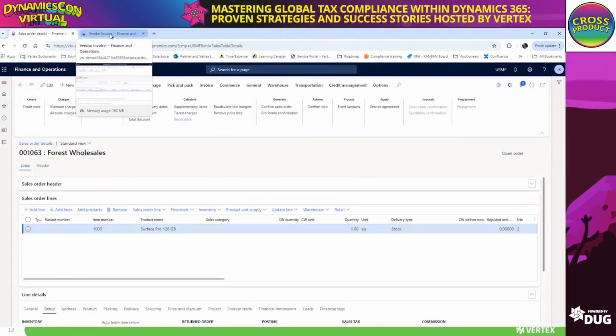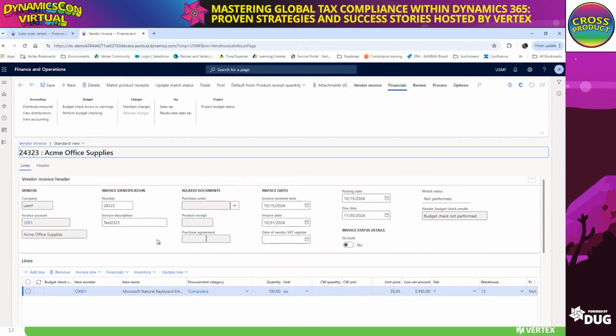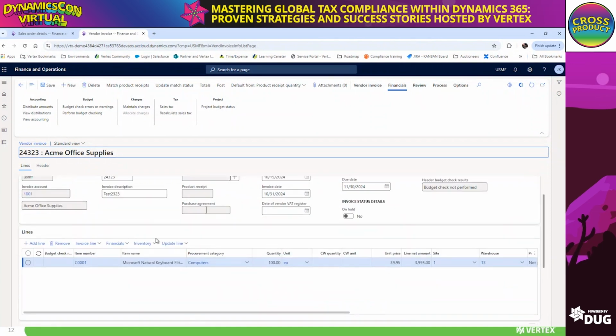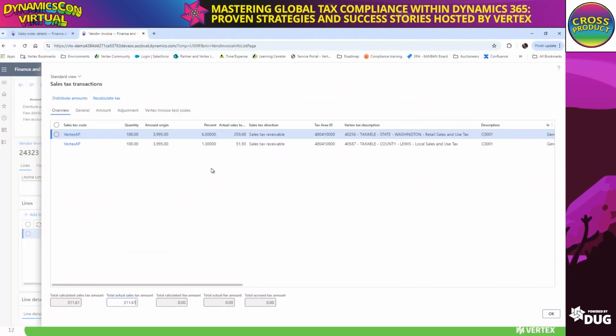All right, that's the accounts receivable side. I also want to show for any companies or viewers that might be concerned about the purchasing side. Perhaps that's your bigger need: I need a solution that makes sure that I'm paying the vendor the right tax. So I've got an item here that I'm purchasing. It looks like it's essentially a keyboard, 100 of those. I want to know what the sales tax is that my vendor should be charging me. To get that, I can click that sales tax button. It opens up this screen and tells me, here's the sales tax, which is $311, that I should see billed from my vendor.